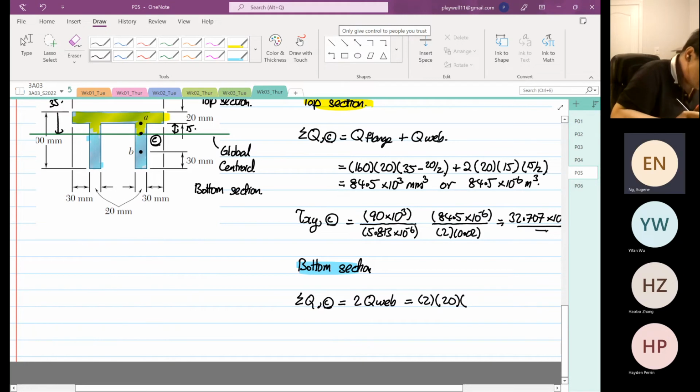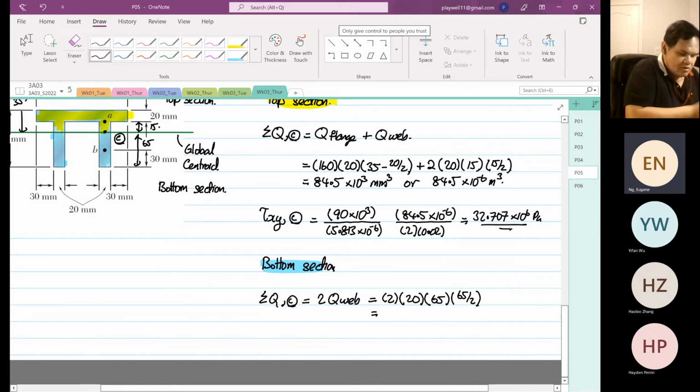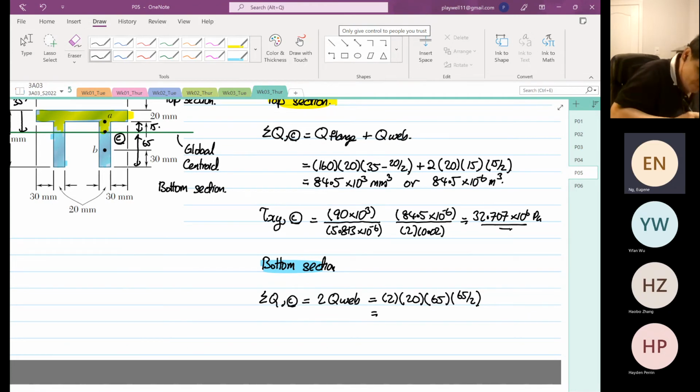The depth is equal to, so we know that this depth from here to here is 65, right? And then it's 65 divided by 2, the y bar. So this will be equal to 2 times 20 times 65 times 65 divided by 2 is equal to 84.5 times 10 to the power 3 millimeter cube,